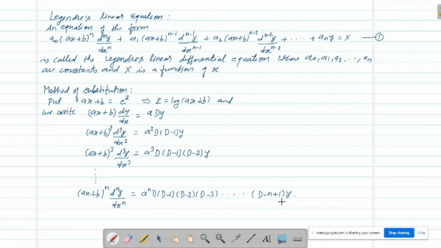Okay, so by substituting all these values in equation number 1, then equation number 1 reduces to,